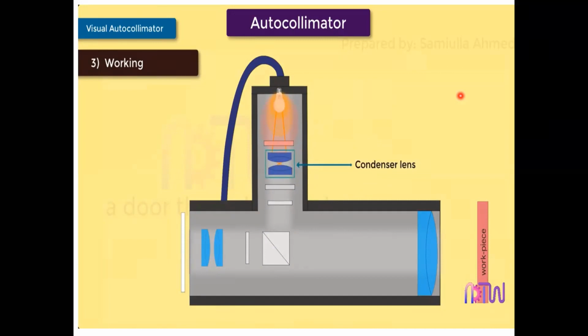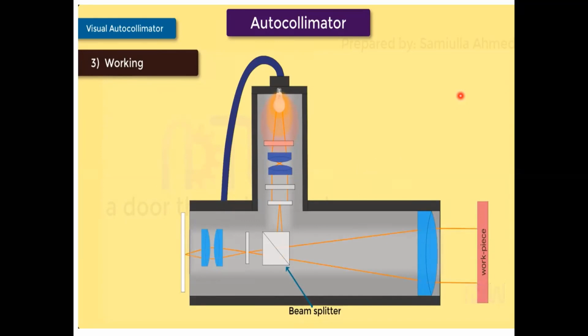Condenser lens helps in rendering a divergent beam from a point source into a parallel beam. This helps in rendering a sharper image. Then the light beam passes through the diffuser, which will scatter light in some manner to transmit soft light. After passing through the diffuser, the beam of light will pass through the objective reticle. Then it falls onto the beam splitter. Here, the beam of light splits into two, and it gets projected on both the sides.